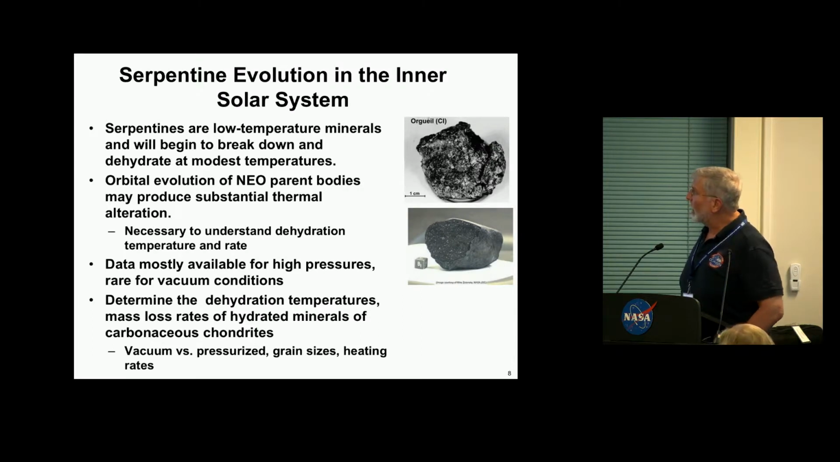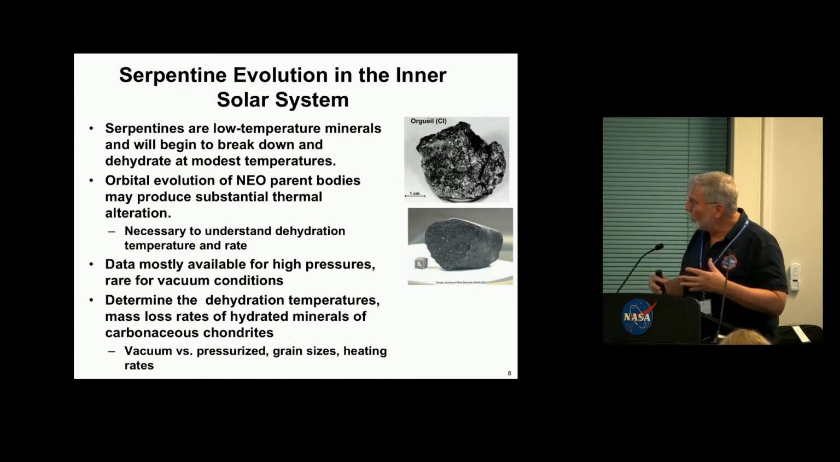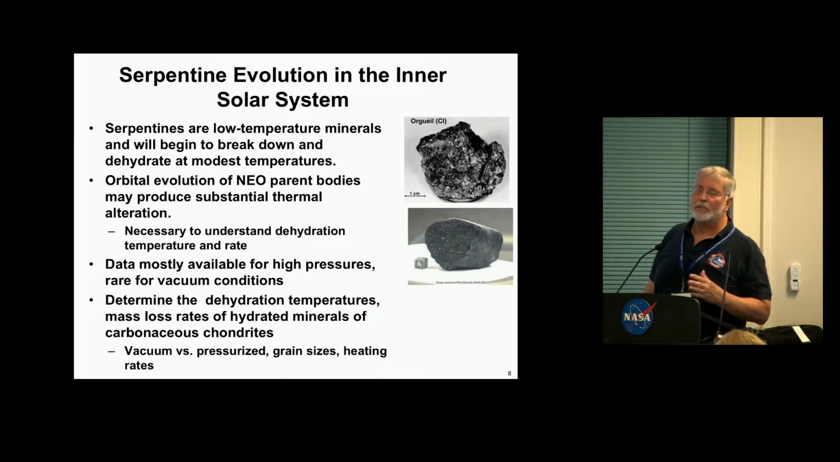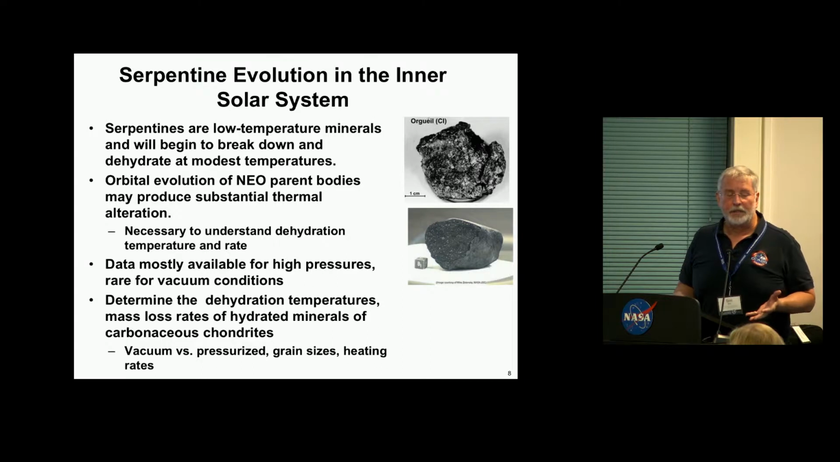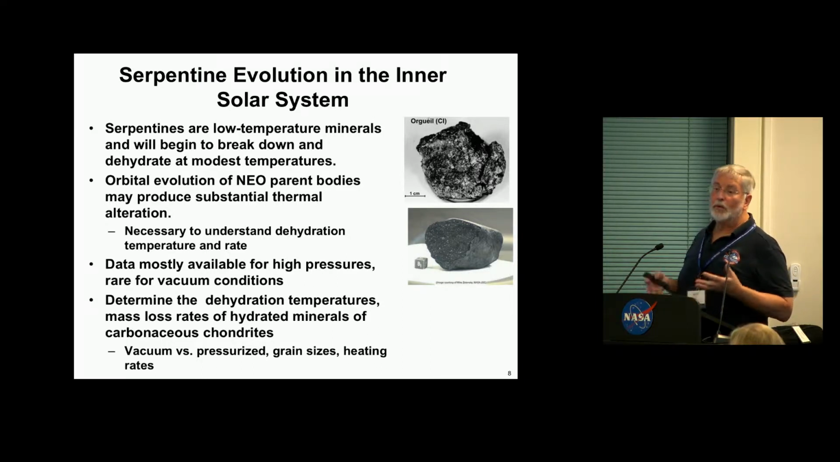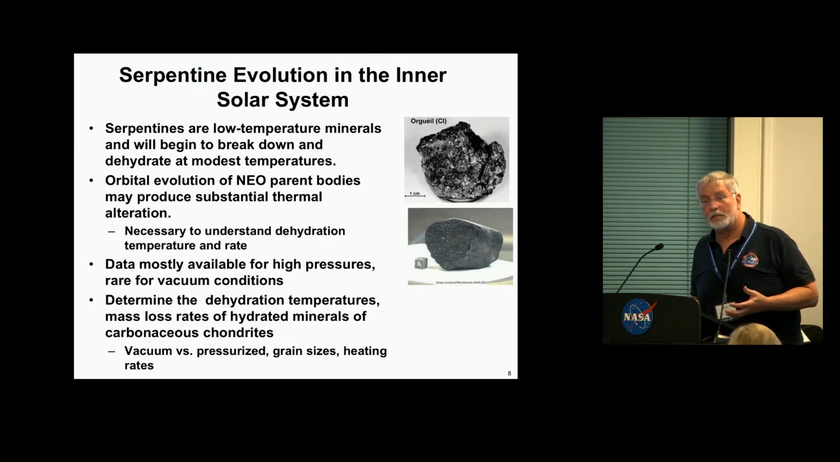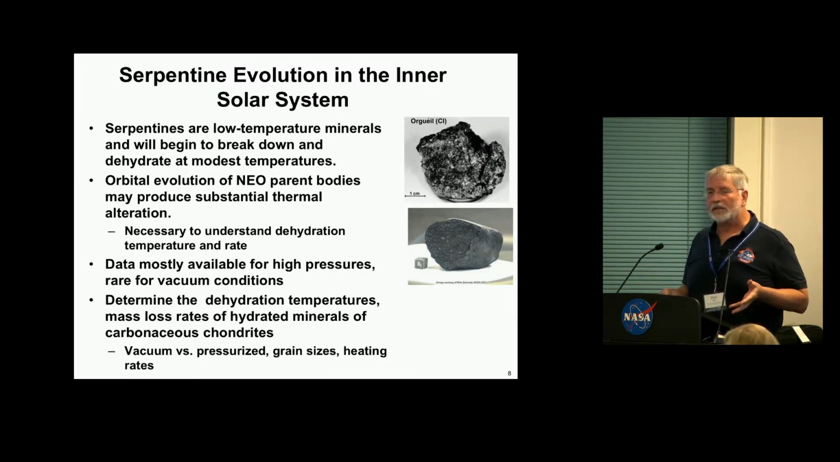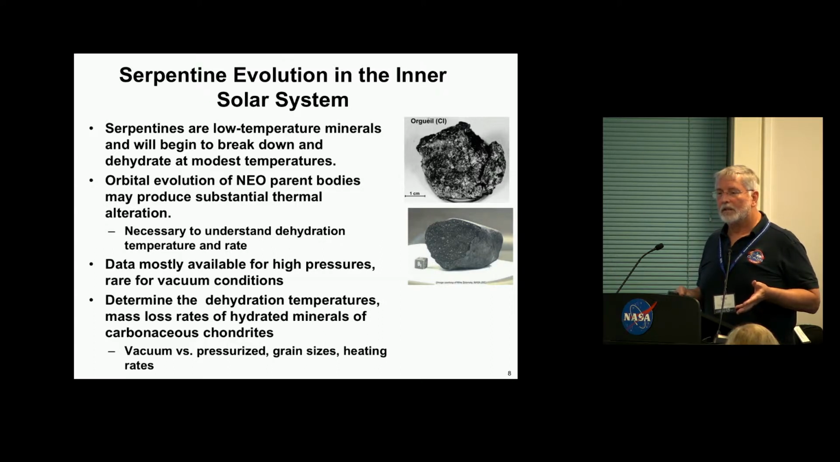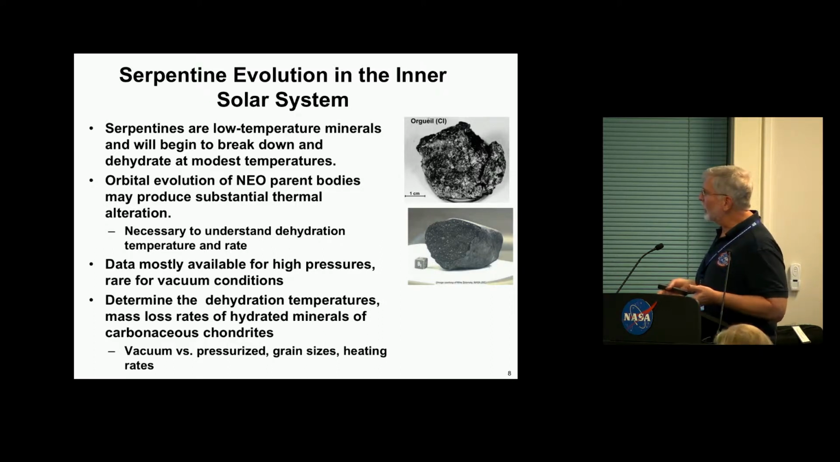So the whole point is that serpentines are low temperature materials. They will break down with fairly modest temperatures, and the orbital evolution of near-Earth asteroids will produce those kinds of modest temperatures. And what we want to do is look at the products that you get in this kind of alteration. When we went into this,